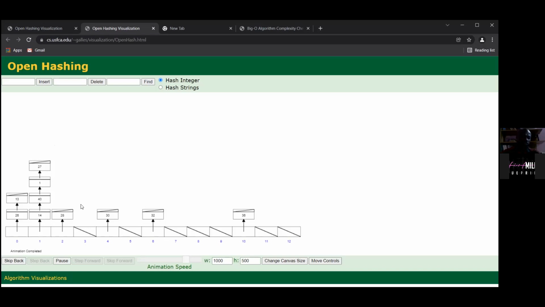Because in a linked list, it goes in that sequence until the last memory points to null or nothing, like 27 is pointing to nothing. So that's exactly what happens.